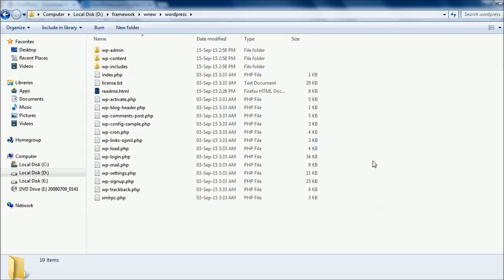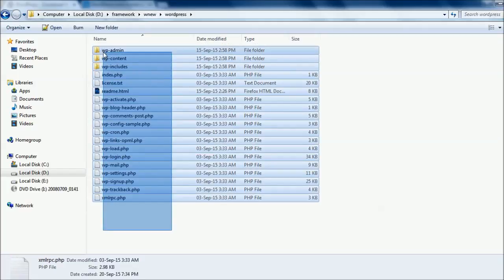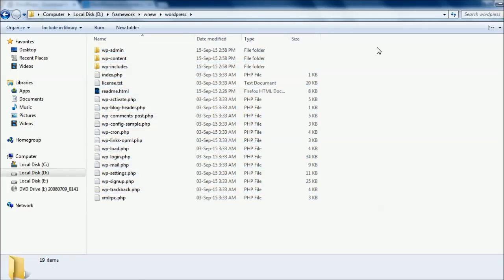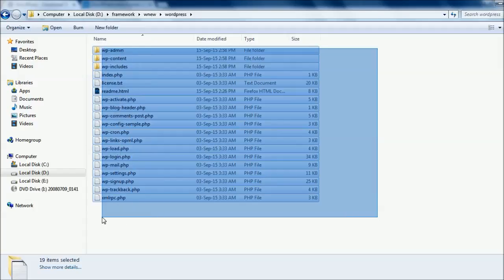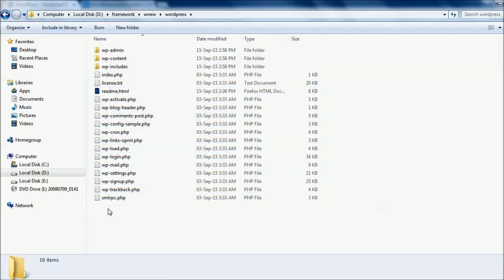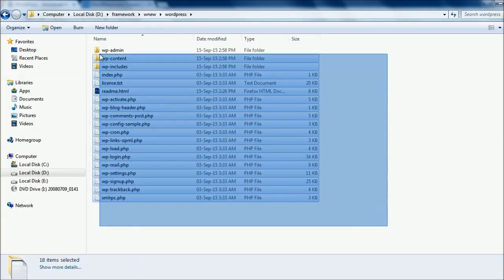Here you can see we have extracted the content of the WordPress zip file. Now we have to put the content of the WordPress zip file onto our server. The server can be a local computer or the actual live server. I will not be putting the files on the local server; I will be putting the files directly on the live server,